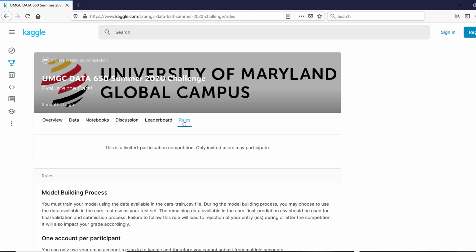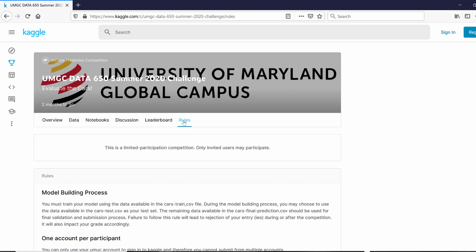Now, if you have a login already established and have been using the Kaggle website, then you may still continue to use that login, but make sure that your first name and last name show up correctly. If you are building a new one, then as I just mentioned, create one that is legitimate, so that we know the first name and the last name.